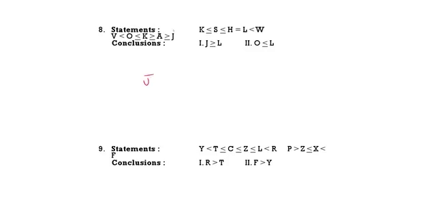A less than or equal to J. So J less than or equal to A. K greater than or equal to A. So A less than or equal to K. Now K less than or equal to S, S less than or equal to H, H is equal to L. Therefore, J less than L follows, but J greater than or equal to L does not follow. First one does not follow.